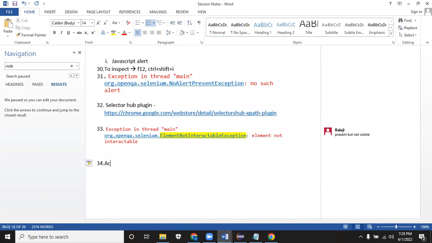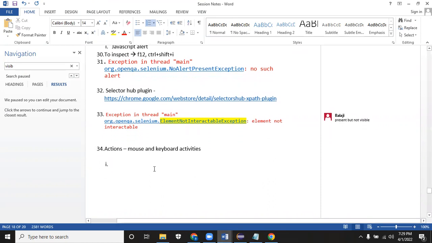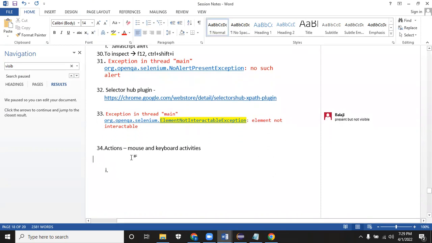In order to do mouse or keyboard activity, there is a class in Selenium called Actions, which helps us in doing mouse and keyboard activities, that too in the web page only. Remember that Selenium is a part of the web page only. And while working with this, there are lots of drawbacks. Drawback is there when it comes to Actions class. No proper error will be given